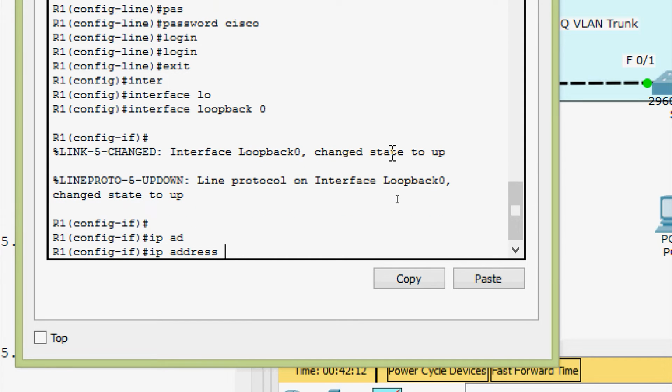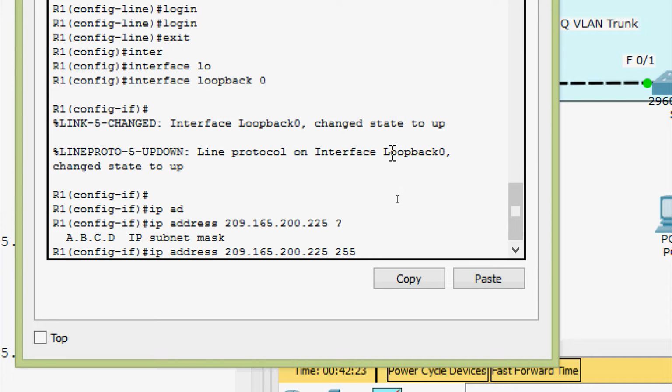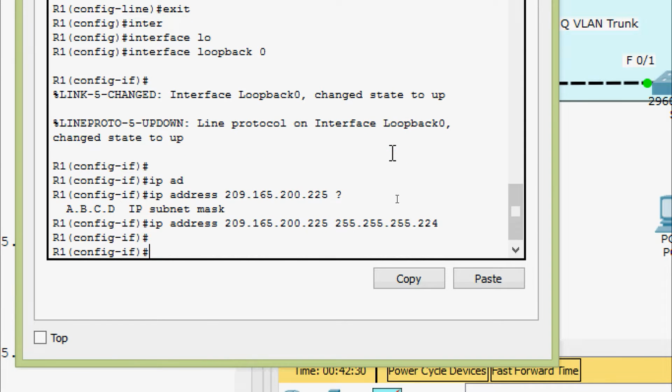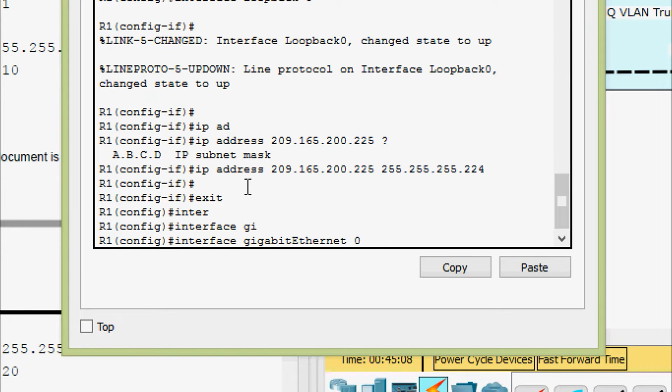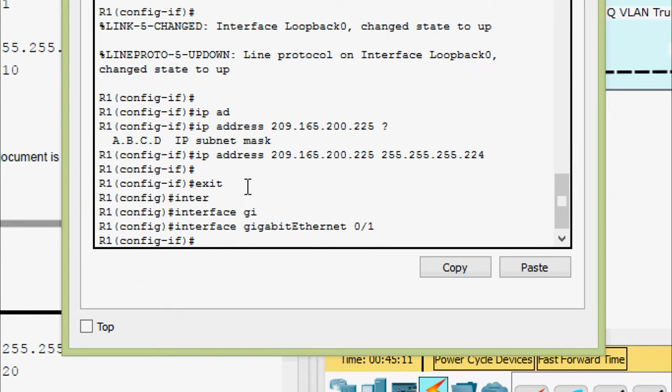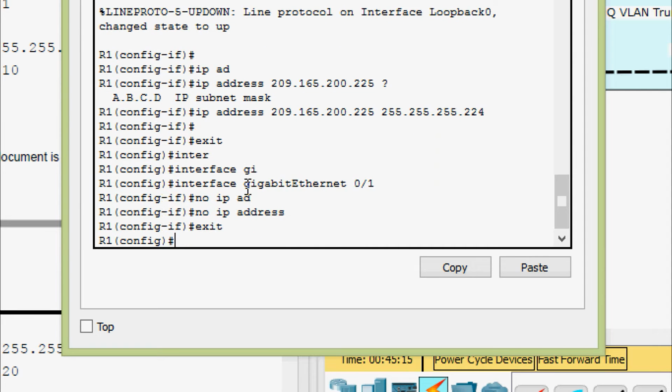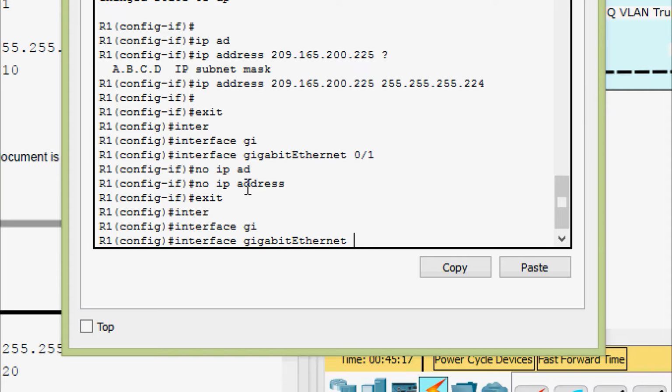And we will set the IP address 209.165.200.225 and the subnet mask 255.255.255.224. Now we will go to the interface gigabit Ethernet 0/1 and here we are going to give no IP address. Also we will go to the interface gigabit Ethernet